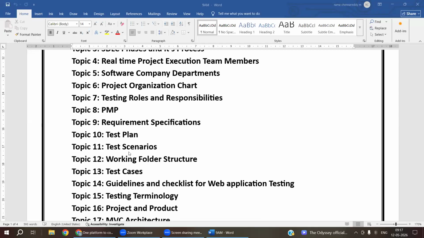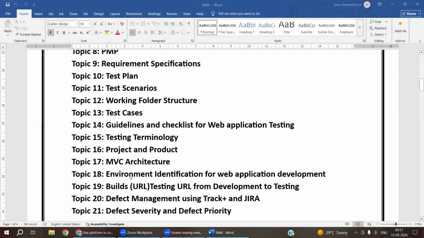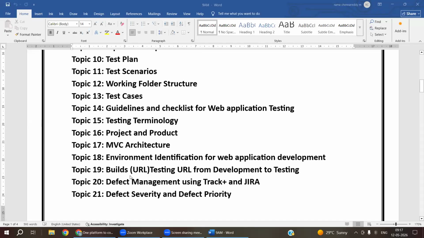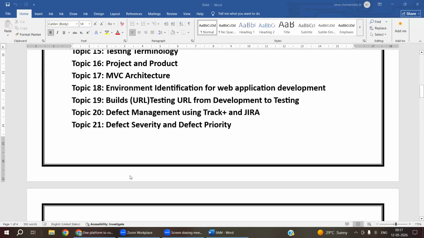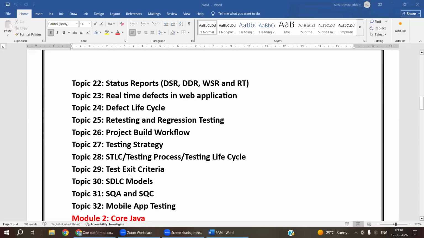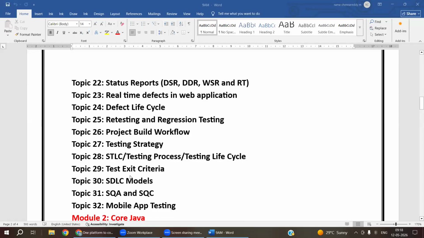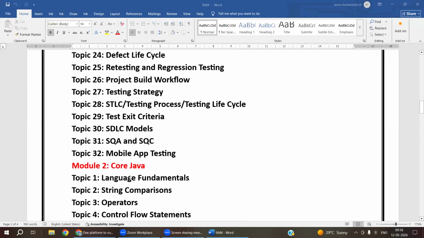Then test plan, then test scenarios, then working folder structure for your lab, then test cases, guidelines and checklist for web application testing, then testing terminology, project and product, MVC architecture, model view controller architecture, environment identification for web application development, then builds, testing URL from development team to testing team, then defect management using Track Plus and Jira, then defect severity and defect priority, status reports, daily status report, daily defect report, weekly status report, and retesting report, then real-time defects in web application, defect life cycle, retesting and regression testing, project build workflow, then testing